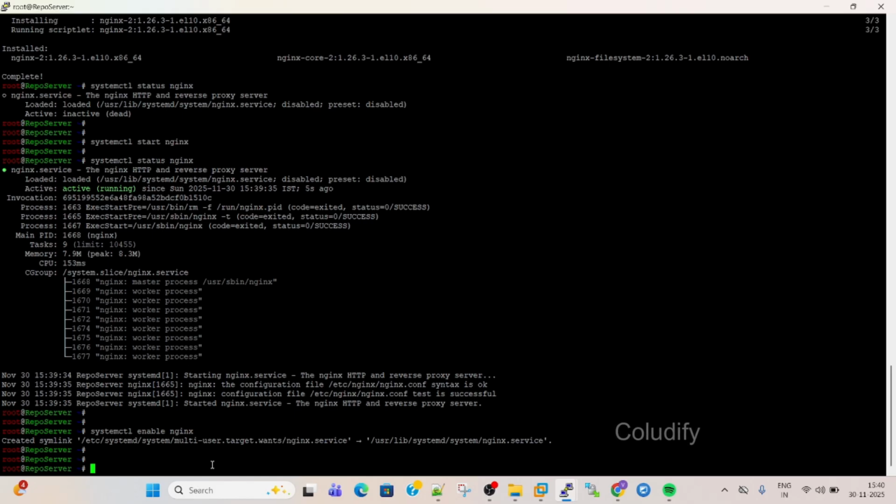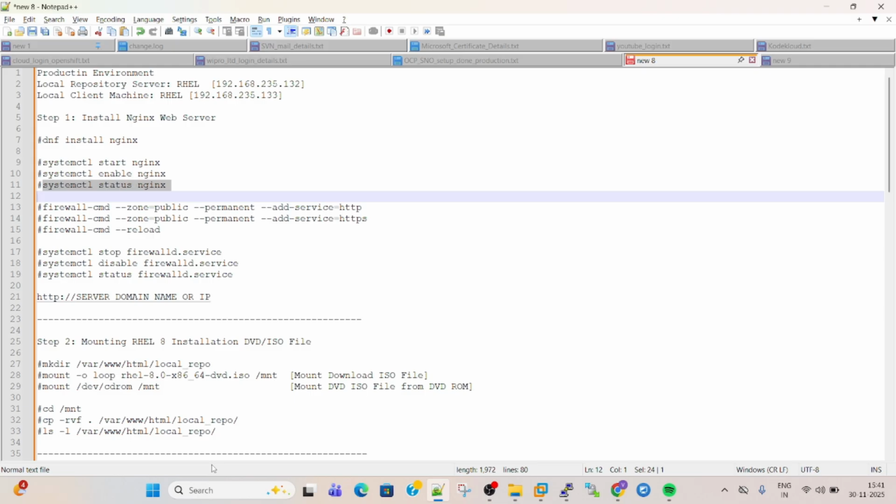After successfully installing the nginx package, we add our http and https ports into the firewall. But in a production environment, there is no need to add these two services into the firewall. Why? Because this is a software firewall which is present inside the Linux server. But in a production environment, we are using a hardware firewall. Why? Because that hardware firewall manages the entire network on your premises. So here